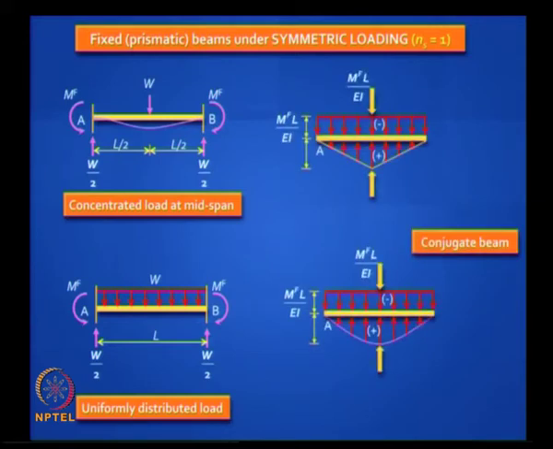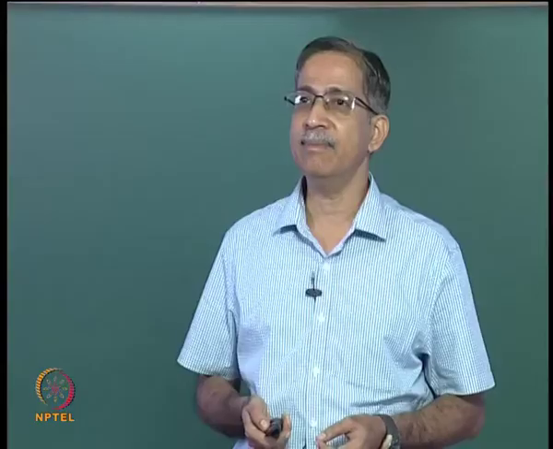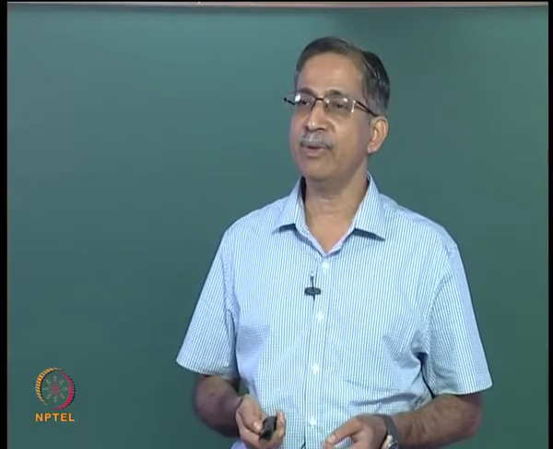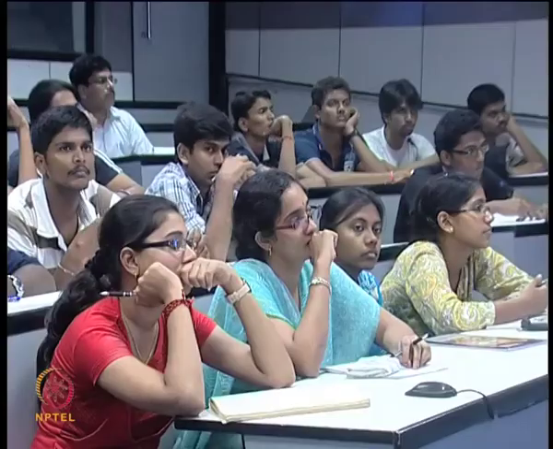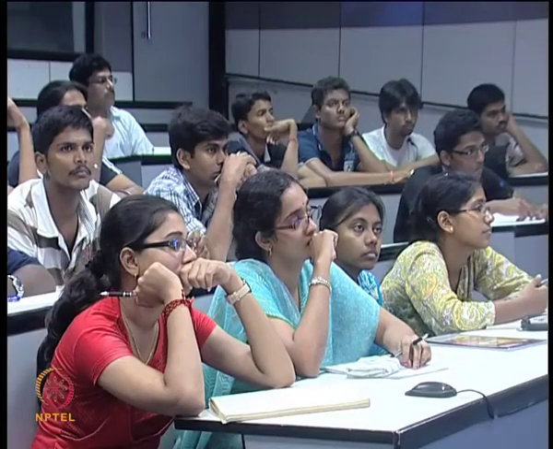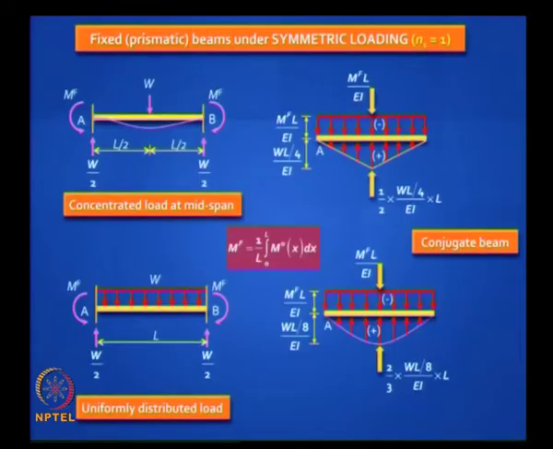So if you were to draw the conjugate beams, you will find that finding the fixed end moment is quite easy. The area on the top is MFL divided by EI, and that must be equal to the area of the free moment diagram divided by EI. So if you equate the two, you have this interesting equation which suggests that the fixed end moment is nothing but the average value of the free moment diagram, because 1 by L integral M0 dx actually means that it is an average value, and so it is easy to calculate.